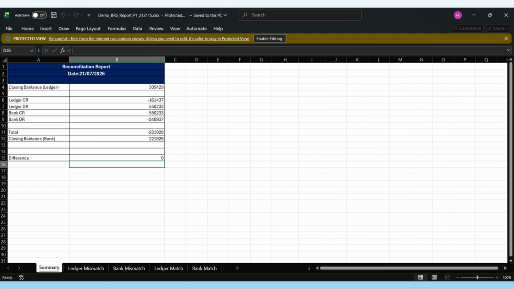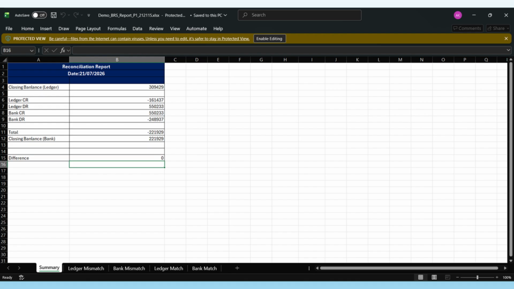The total bank credits are 550,233. The total bank debits are negative 248,937. The total row shows negative 221,929, which represents the net difference between all credits and debits.